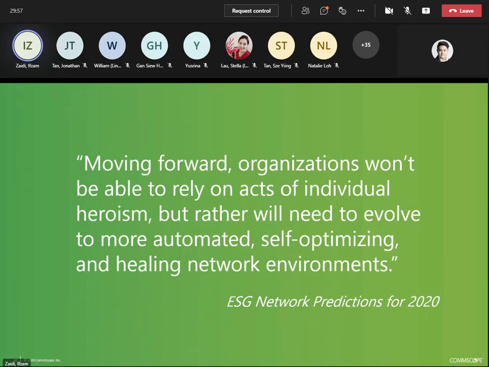So this is some wisdom from ESG Networks. Moving forward, organizations won't be able to rely on acts of individual heroism, but rather will need to evolve to more automated, self-optimizing and healing network environments.